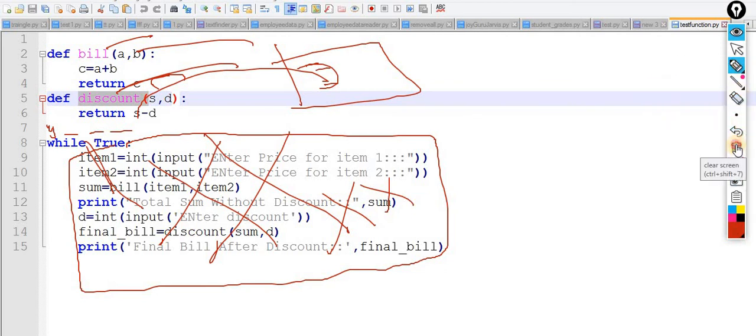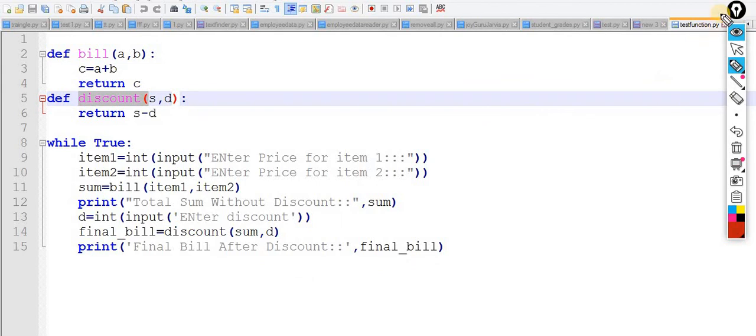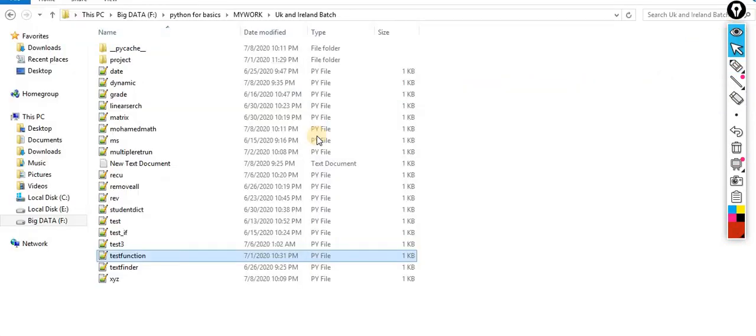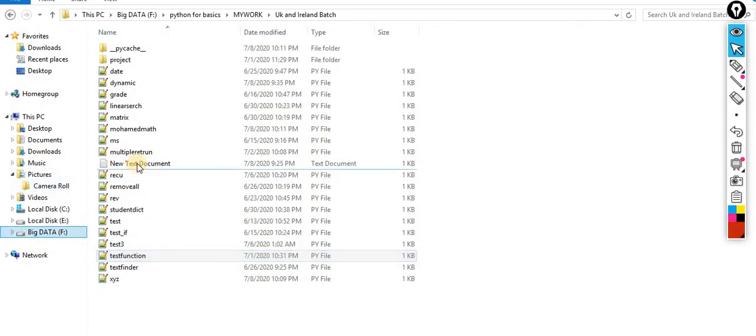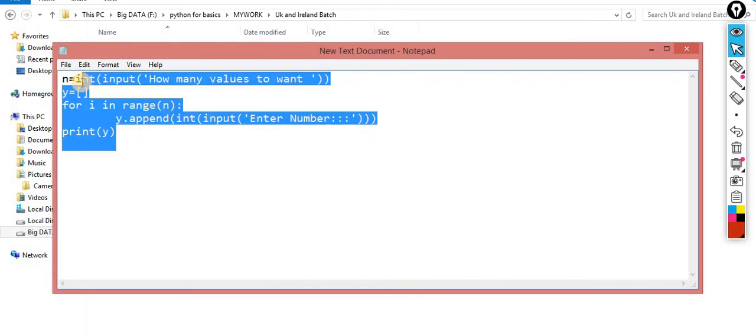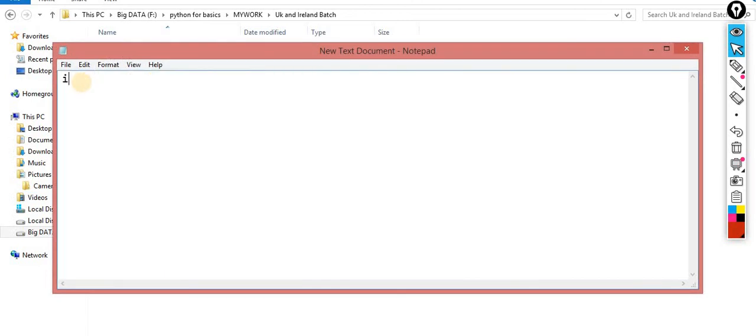I will implement this. Just wait for a second. This one is my test function. Now the picture would be clear. Import test function as TF.